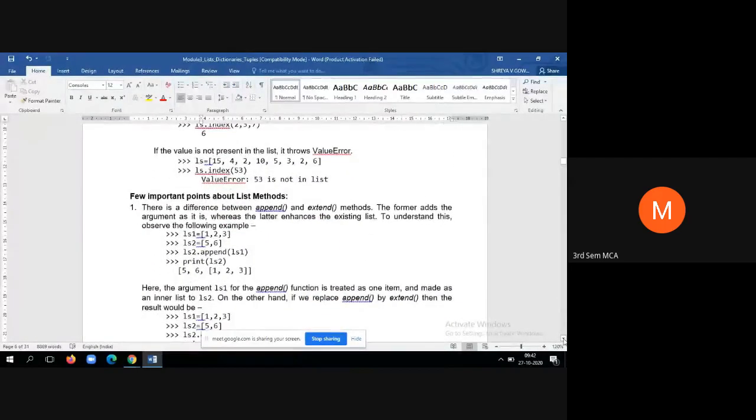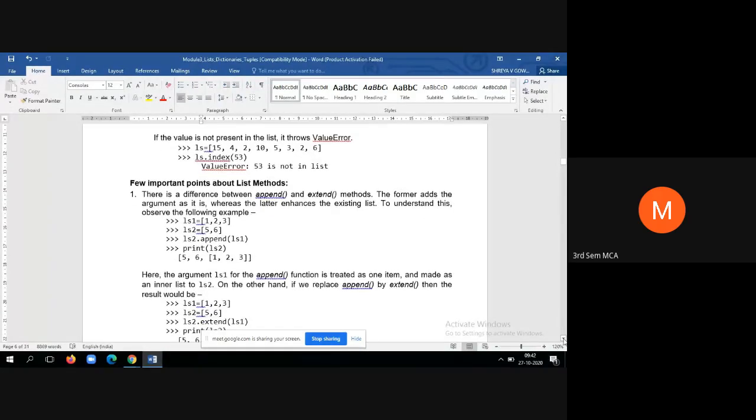Now let us see some of the points that you need to remember. You need to remember when to apply append and when to apply the extend method. The major takeaway after learning the methods of list is that we need to know when to append and when to extend. When you have a single element and you want it appended at the back of the list, then use append. If you have multiple elements to be inserted, then you have to use extend. How to apply extend? First you create a sublist, then you append.